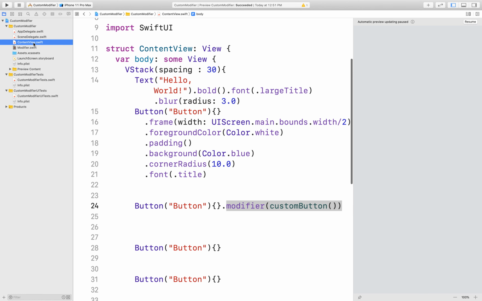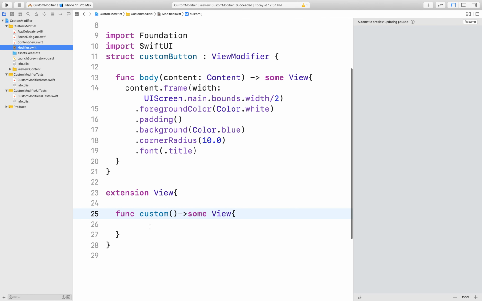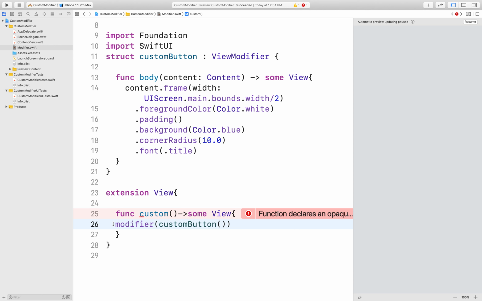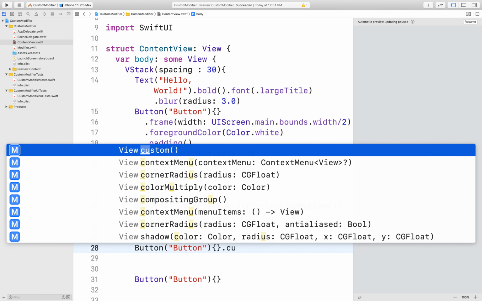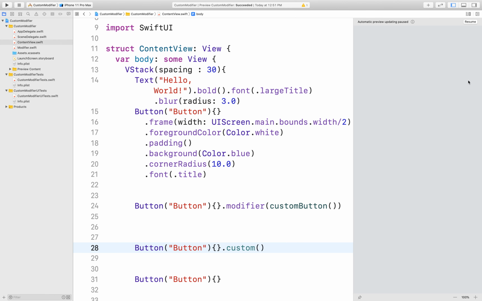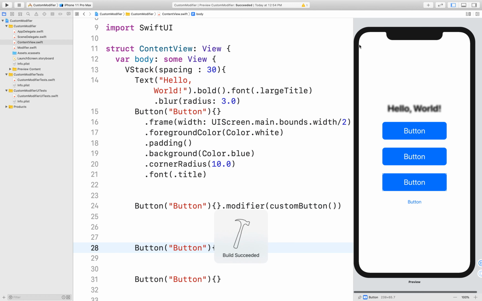Inside that, I'm returning that modifier function. And now I can simply use it like that, dot custom, and when I click on resume, here you can see the same output.